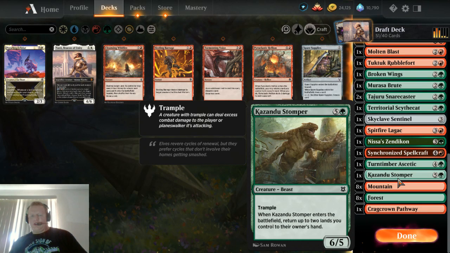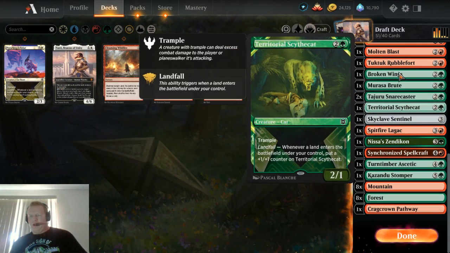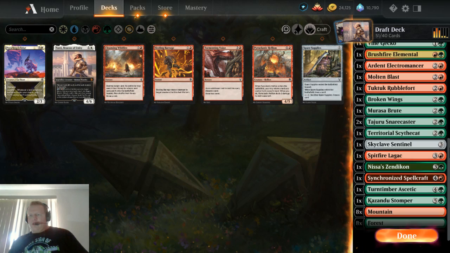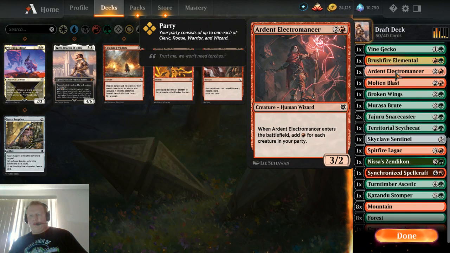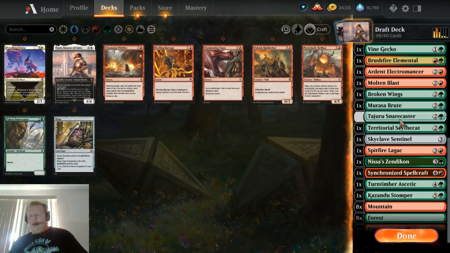Kazandu at the 6. It's a 6/5 trample. We do have to return 2 lands, but at that point I don't think it'll matter, and it'll probably help boost the rest of our landfall people and the rest of the deck. So let's see. That's probably not going to be overly helpful. Don't need 2 of him